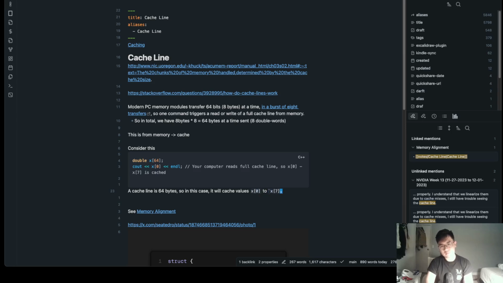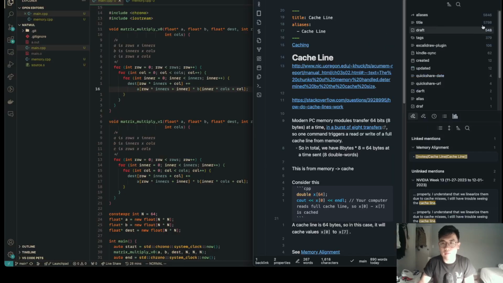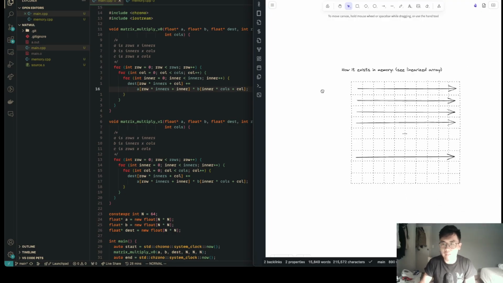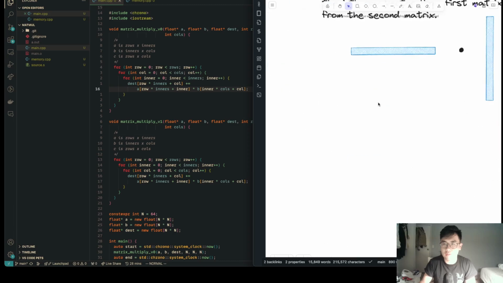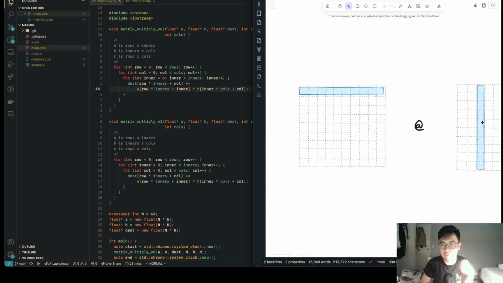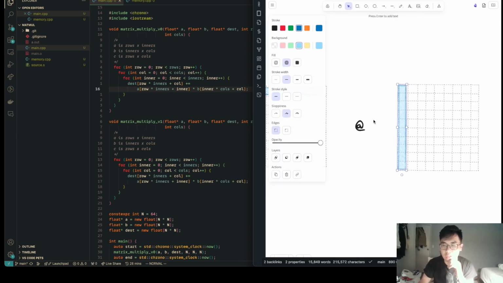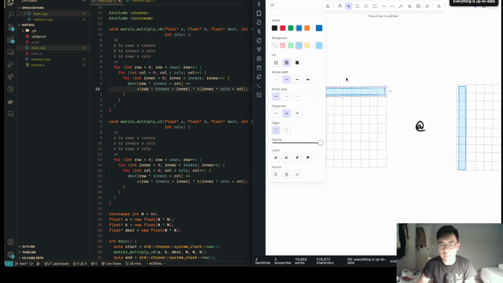Okay, so what I wanted to explain was it would cache, right? So you read row 0 and column 0 with inner 0, type 0 0. So your matrix, I have to go back every time, right? You multiply your first row by your first column to get your first element, and so you try to get this element,